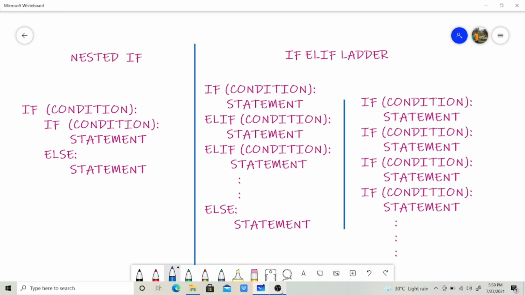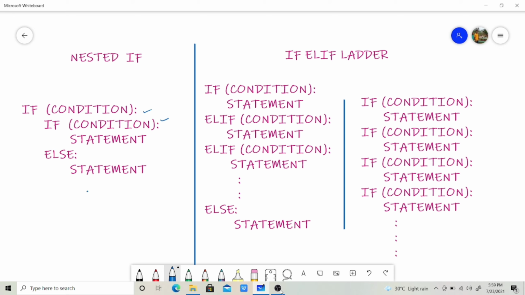In this video we are going to discuss nested if and the if else if ladder. In the previous video we have seen how to use the if condition and its syntax. Now we will discuss nested if. The syntax for nested if is also the same, but we are using an if inside the if. So the same syntax for if is followed, but we have to use two or more if conditions inside one if condition. Let us see with a small example.